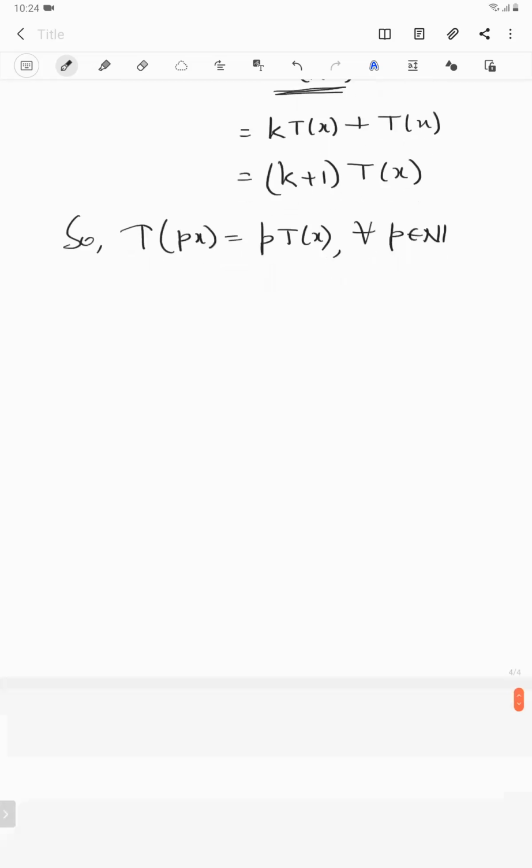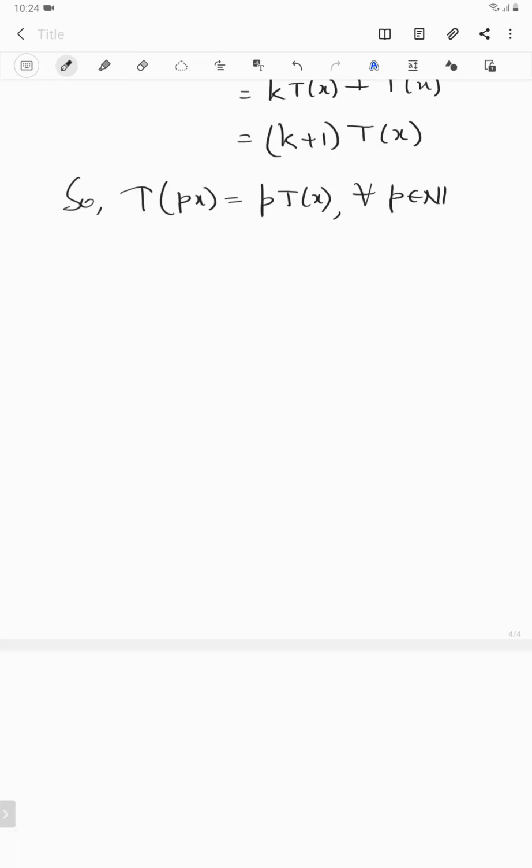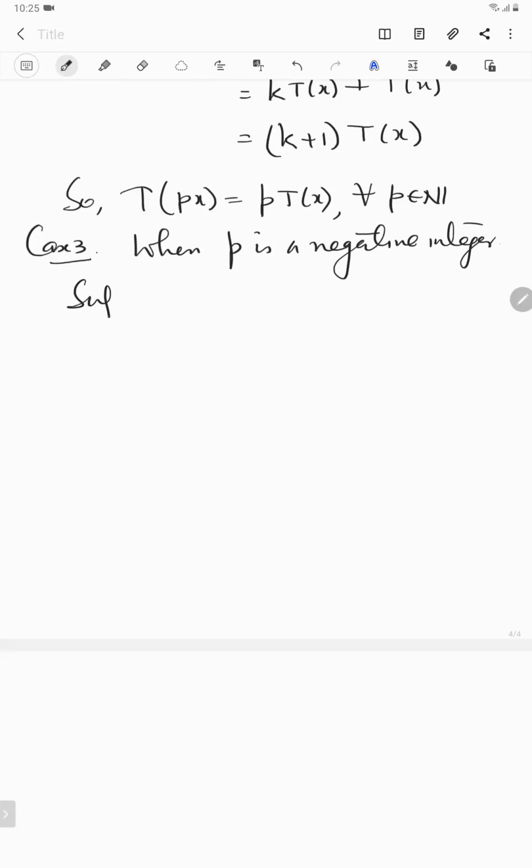Now in case 1 and case 2, we have proved that the result is true for positive integers as well as for 0. So all we need to show is that it is also true for negative integers. So for the negative integers, we shall use the case of positive integers. So case third is when p is a negative integer. Suppose we take p to be minus m, and m is in the set of natural numbers. Then